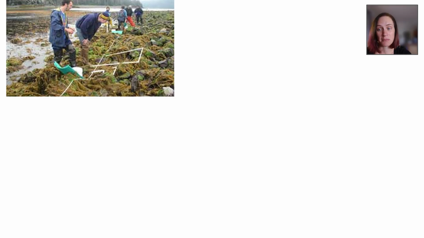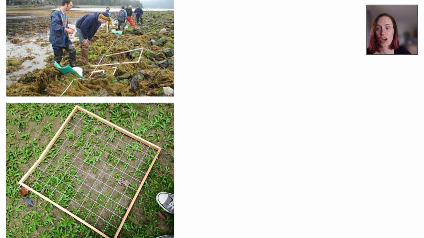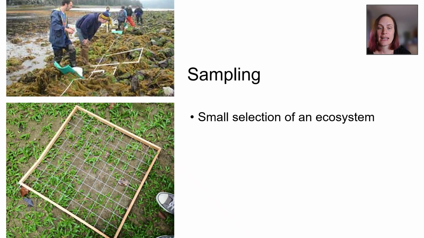I can sample a meal, I can do a 3-month trial of Stan, I can survey a group of people in the school about their opinions on the tuck shop, whatever it is, right? Depending on how I take this survey, it can give me an idea of the general opinions of the entire school population. Now, ecological sampling is a way to get a small snapshot of an ecosystem, which can best represent